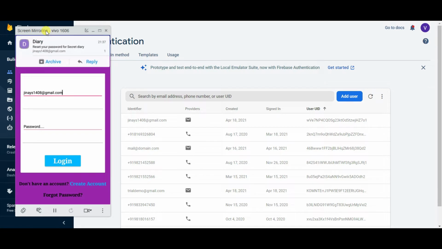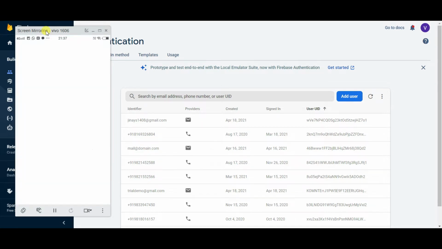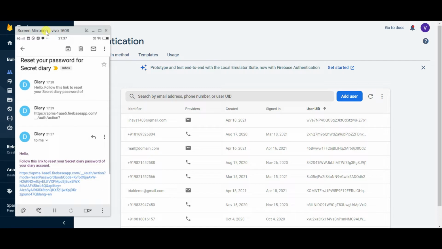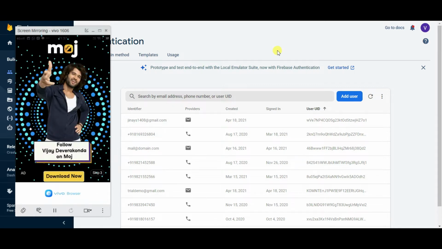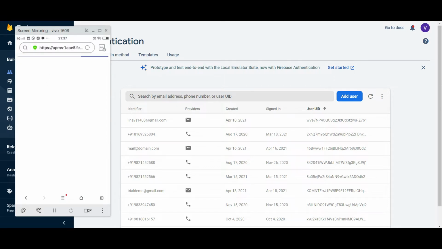You can see I have received a mail. I'll just tap on that mail and when I open it, you can see that I receive a link. I'll just click on that link and it will take me to a screen where I can enter my new password.